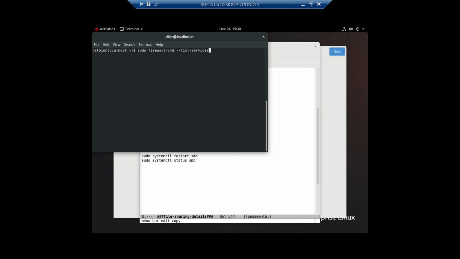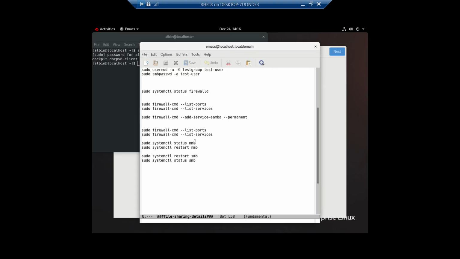Okay, enter the password. Yeah, you can see that this service is added into the firewalld now. Now we need to check the status of two services, SMB and NMB.